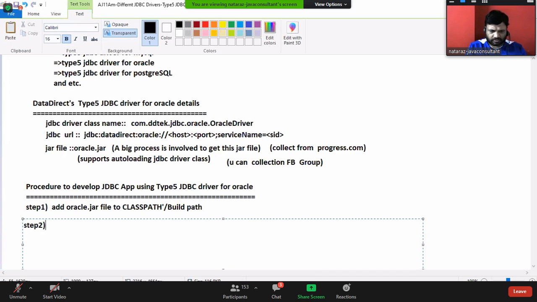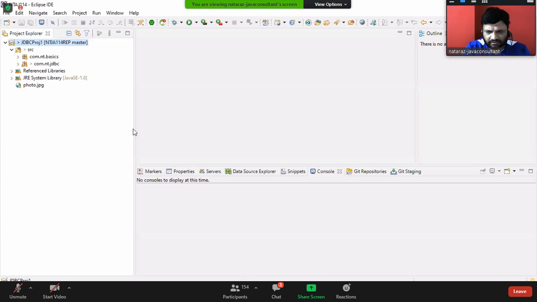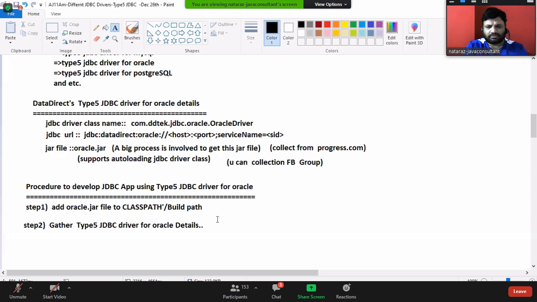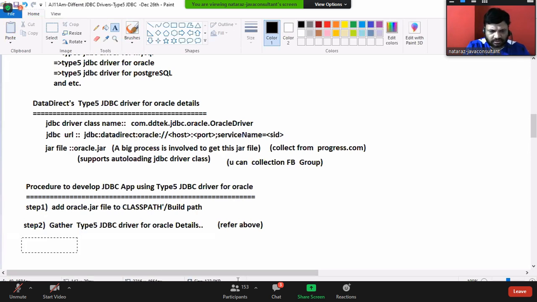Step number 2: gather Type 5 JDBC driver for Oracle details. You have to think about gathering those details, guys. If you refer above, you will get all the details there.